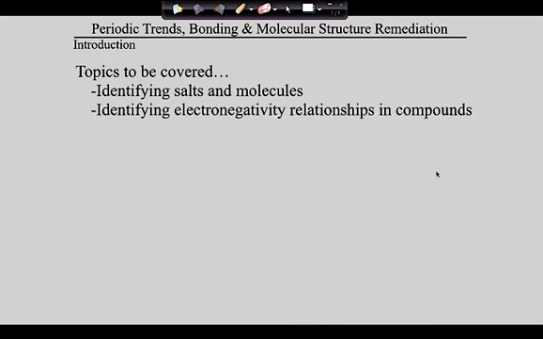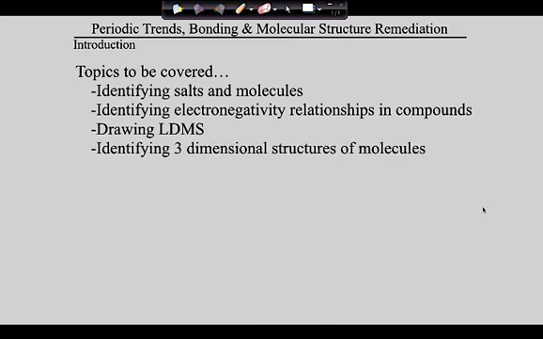After that, we're going to talk about how to identify electronegativity relationships in compounds. We're going to find that this is going to be very important in the coming units and something that you need to be able to do. After that, of course, it's important that you know how to draw Lewis dot molecular structures, and we'll go back over that. And then finally, you'll need to be able to identify the 3-dimensional structures of these molecules based upon